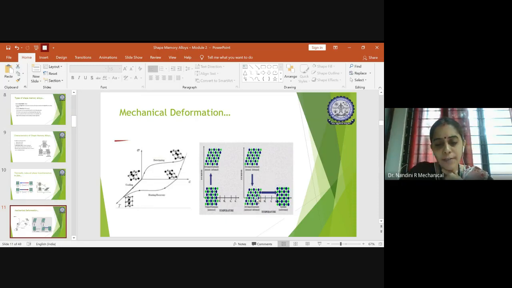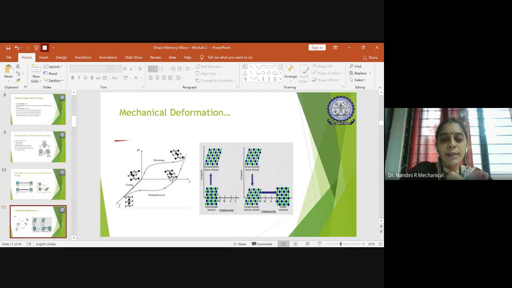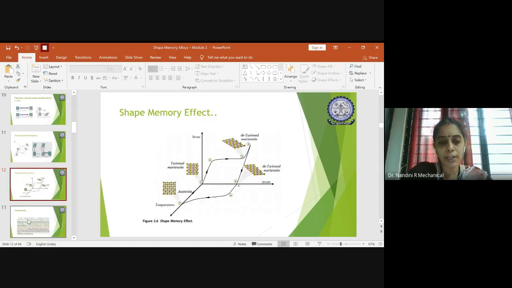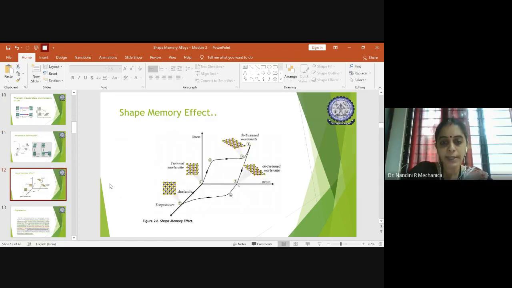And this is just the image I have explained to you already in the previous slide. Here it is the same concept. So we are correlating here the change of phase with respect to the hysteresis loop. How it happens, I'll explain one by one, stage by stage. Here you cannot understand which is first, which is second, so I got a clear picture for you to understand how the steps go on.